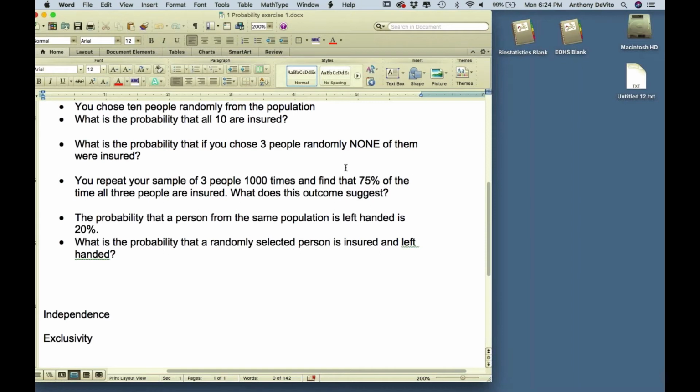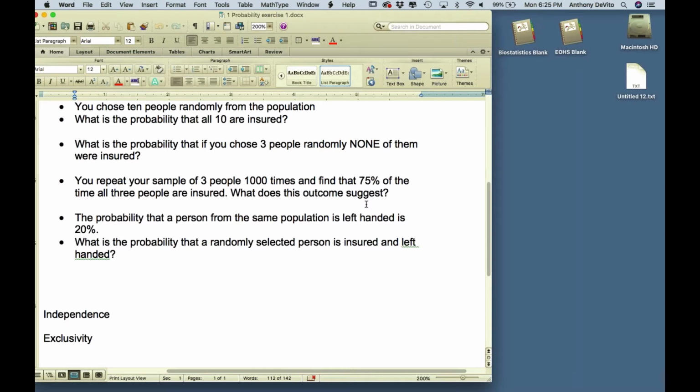Now let's say we do this. Let's say we sample 3 people, and we check to see if they're insured. So the probability that all 3 are insured is 0.8, right? So now what about if I keep doing this all the time? In other words, I sample 3 people, right? The probability that all 3 of them are insured turns out to be, I think the population is, let me